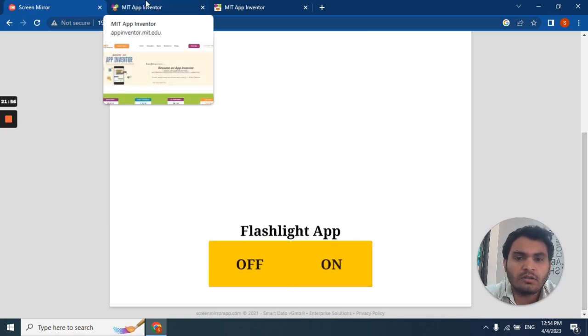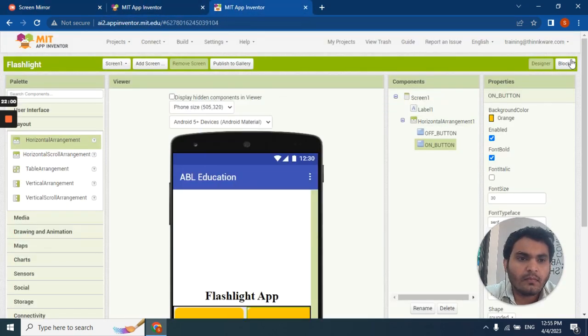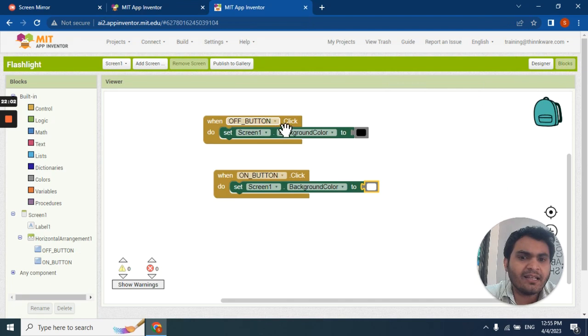Let me show you the blocks coding once again. So when I click the off button, the screen background color will change to black. The moment I click the on button, the screen background color will change to white.